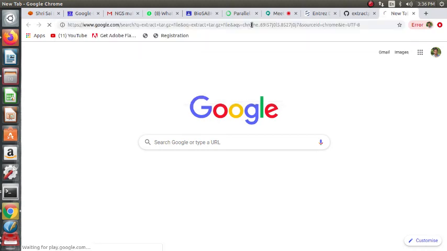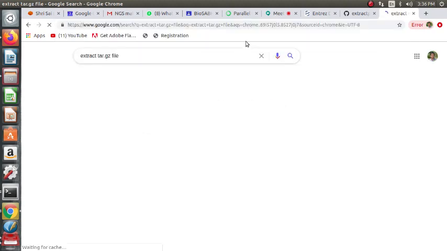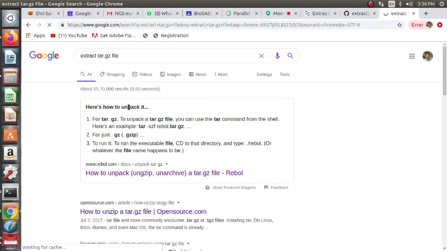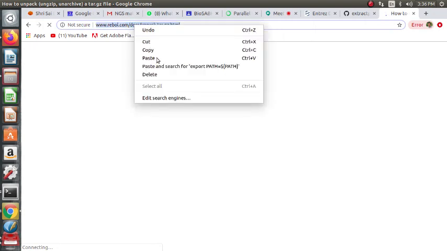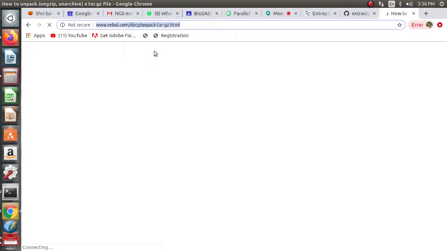Most of the commands and most of the things in bioinformatics are reusable, so you need to build up on what you already learned. Everything cannot be repeated again and again. So this is how we extract a tar.gz file. We know the ready-made commands. I'm just giving the links, you can refer to them, you can experiment with them. If you have any doubts, put them in the WhatsApp group.